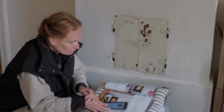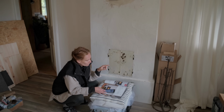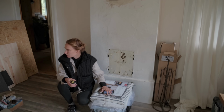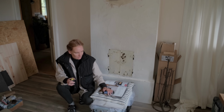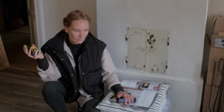Squirrels are cute. This also means that not only do I need to decide which wood stove to buy, I actually need to do the flooring in here so that I can install the wood stove on the flooring, which is a thing because I don't have the materials. So I need timber. I will probably have to design this entire room so that I can also order the materials for everything else at the same time, so it makes it worth it. And I will have to do that